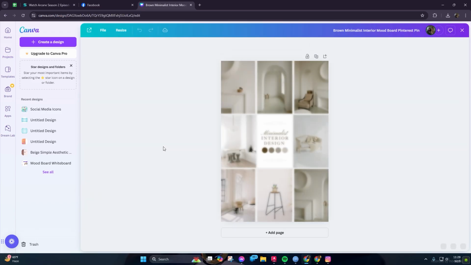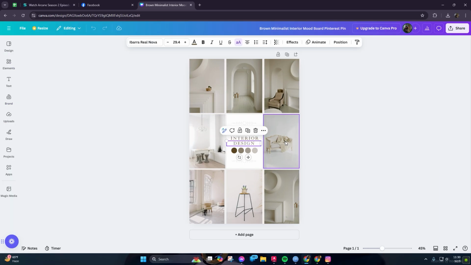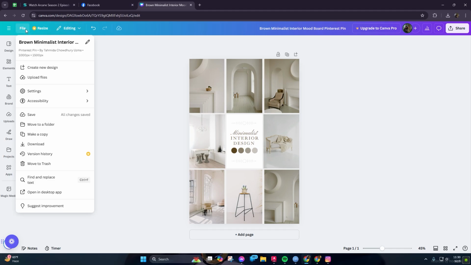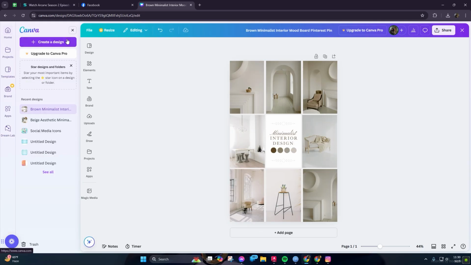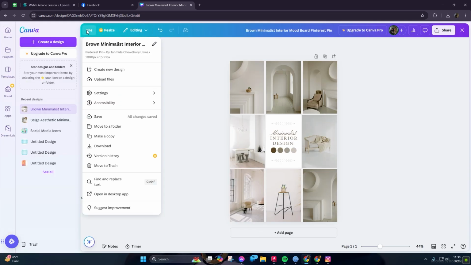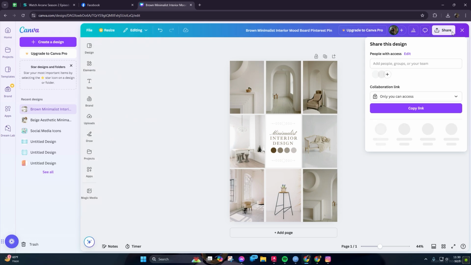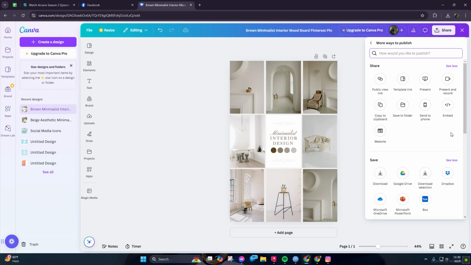For that, we're going to select any of our projects that we want to export, and if we want to edit any of the portions of the design, we can simply select that portion and edit it however we want, edit the text or change the image, whatever you want to do, and simply move on to the file option and save the edits. Even though the auto saving option is on, then we're going to select the share option,